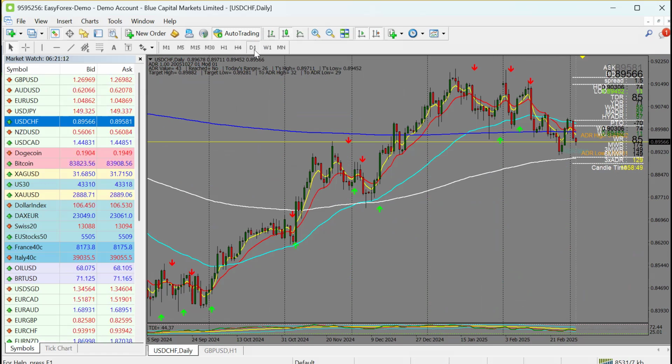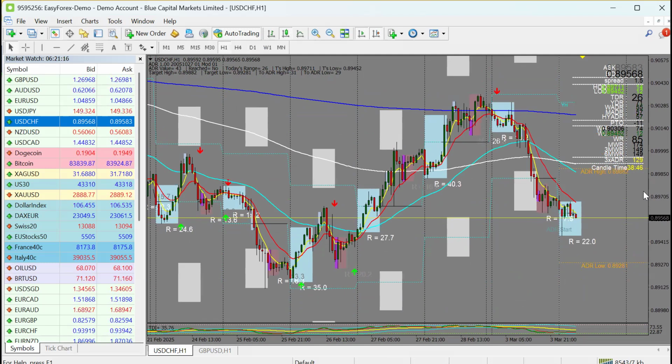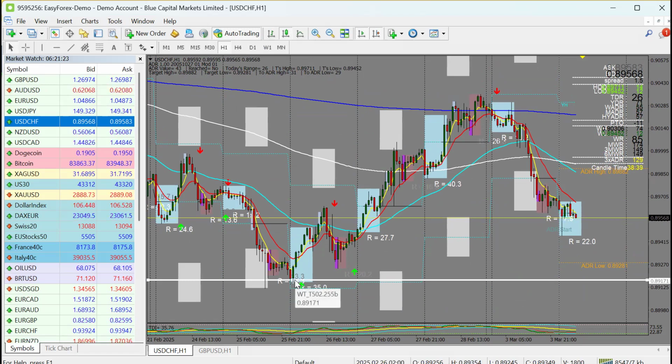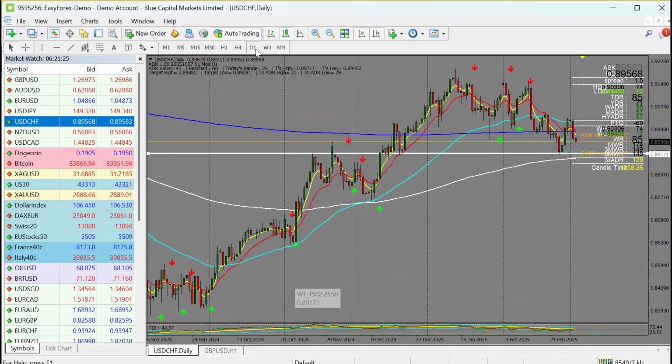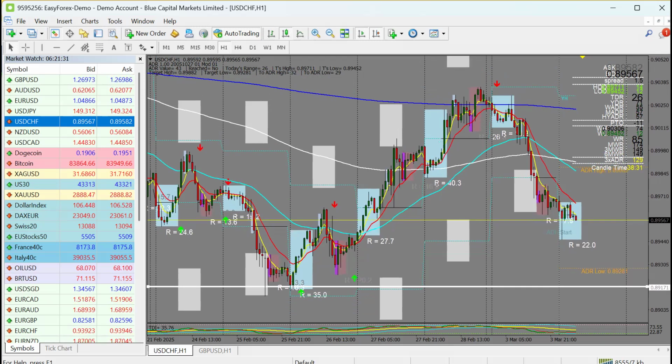So what you can see right now on this market with CHF, we're seeing some more patterns to sell. Talking about this trade, we'll be looking for the sells all the way to the previous low. Looking at this trend, we'll be expecting the market to sell all the way to these lows, that is on H1. So we're expecting to see some sell patterns on USD CHF. Whenever we get some sell opportunities, we're going to target all the way to the previous lows.